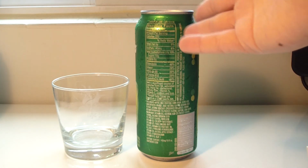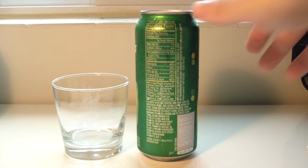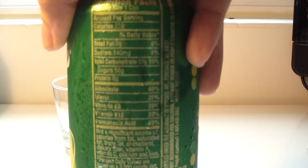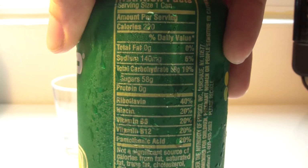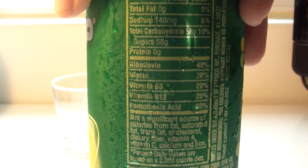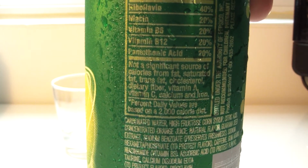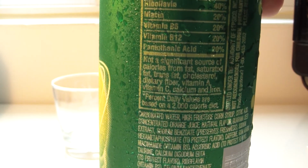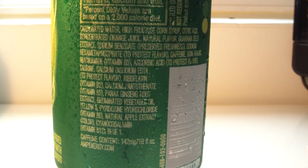The box is now kind of like it used to be. I don't know. Anyways, here's the full extent of this can. I'll show you this. 58 grams of sugar per the entire can. I don't recall what the original used to be, but I remember the can saying 29 grams per 8 ounces. So that's 60. So it's like they put the sugar back per can, but